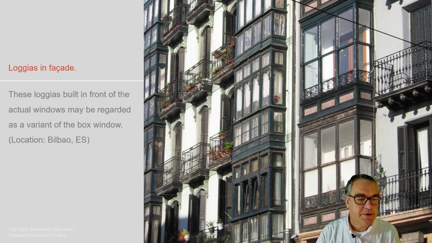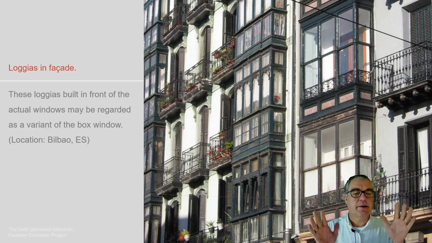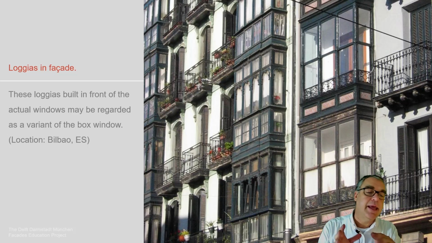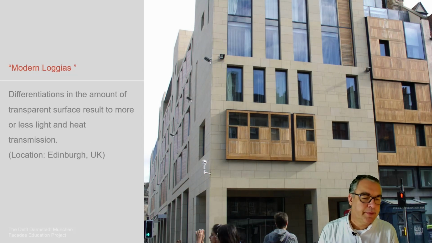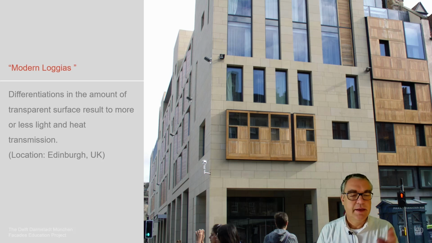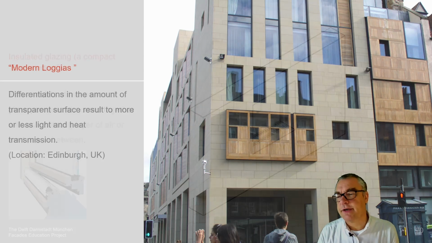And then depending on the temperature, it can be quite cold in Bilbao. You either use this as an energy collector by sun heating up the inner part, or you open it in summer to allow a lot of cross ventilation, as much cross ventilation as possible. This is a traditional box window. We can find newer box windows doing the same functionality in modern architecture as well.